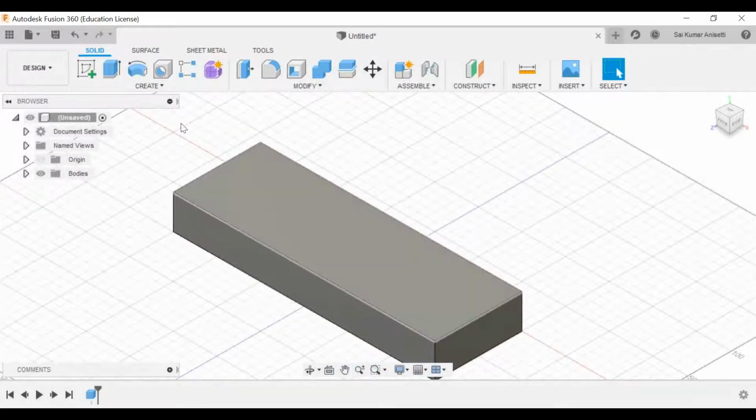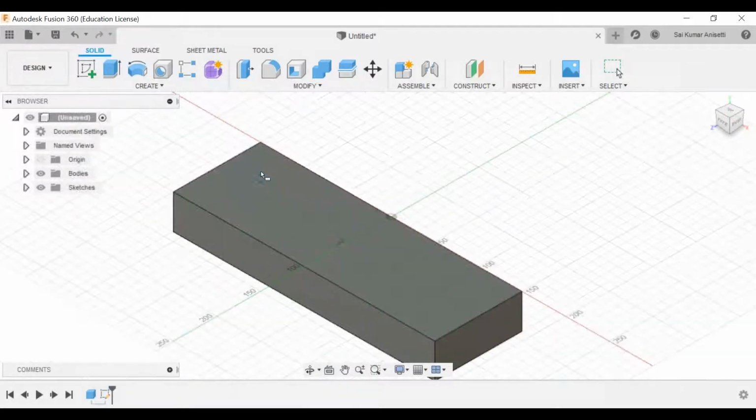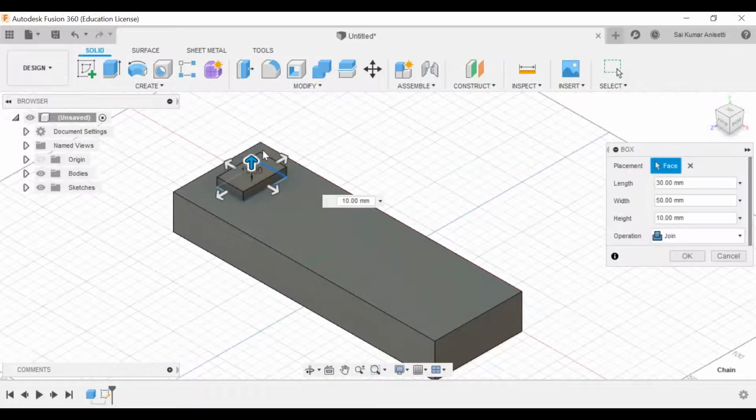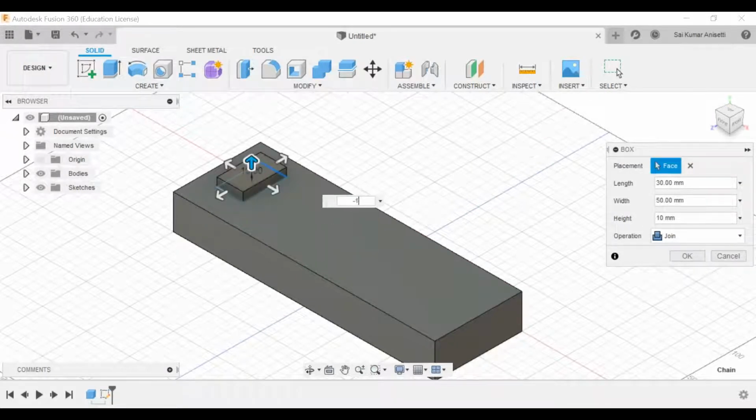I'm creating a block, and I'll again create a box onto the top of the surface. Let me create the size of the block as 50 by 50 on top, and the width as 40. Let me go with 50 by 30. Now I'll remove the component, and in the negative axis I'll give 10.